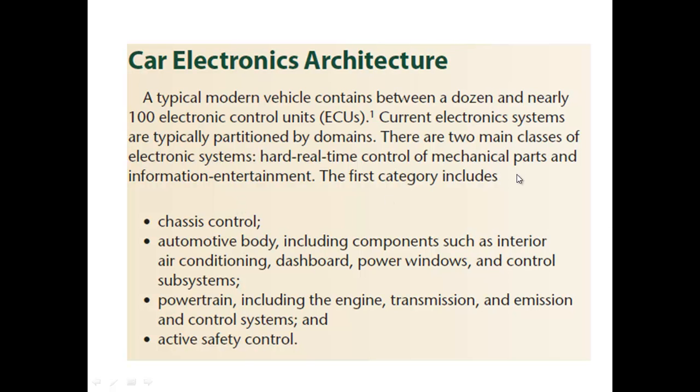The first category is controlling of electronics and mechanical parts, which has chassis control, then automotive body, which includes interior air conditioning, dashboard, power windows and control subsystems, and then the powertrain, which includes the engine, transmission, then emission of smokes and further control, brake control and all other controls, and